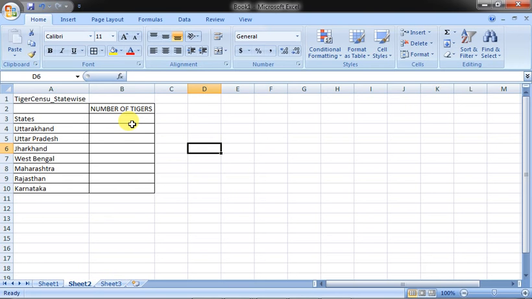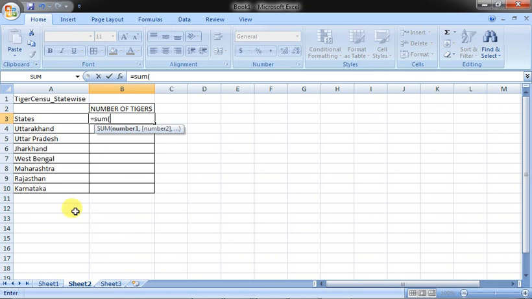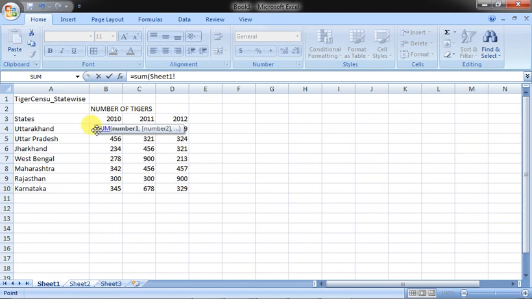We can refer to the cells of other sheets in two ways: using a keyboard or using a mouse. Using the keyboard, open the worksheet in which you want to create the reference. For example, if it is in this one, then you have to give it there. First, I am using the mouse only. You give equals to SUM. From where will you take the data? You will take it from here, Sheet 1. Comma, then this. Not this, actually, wait.